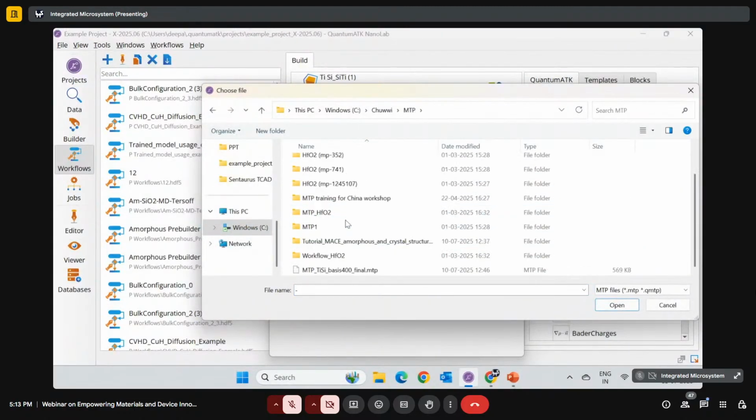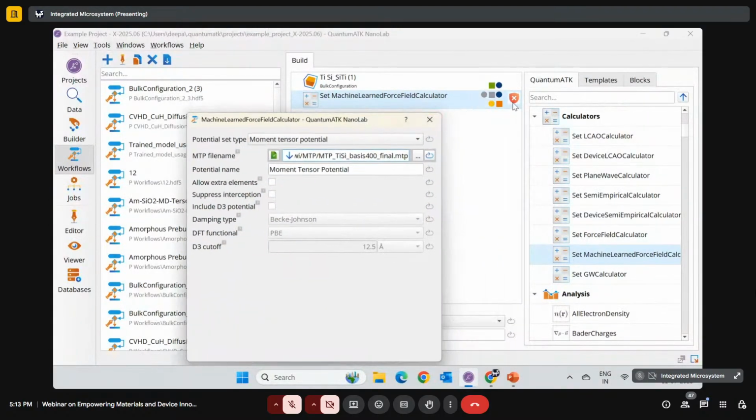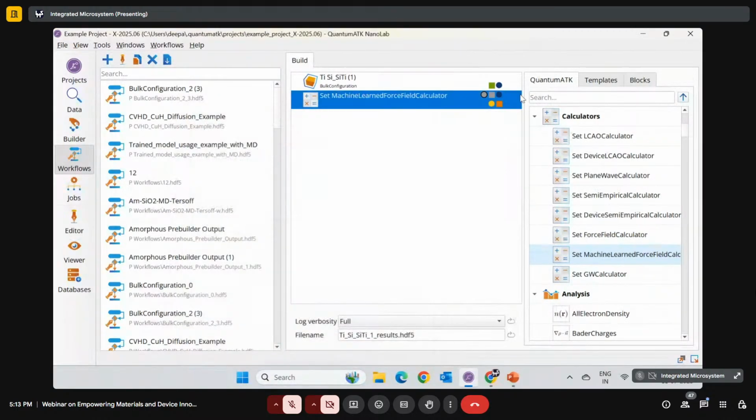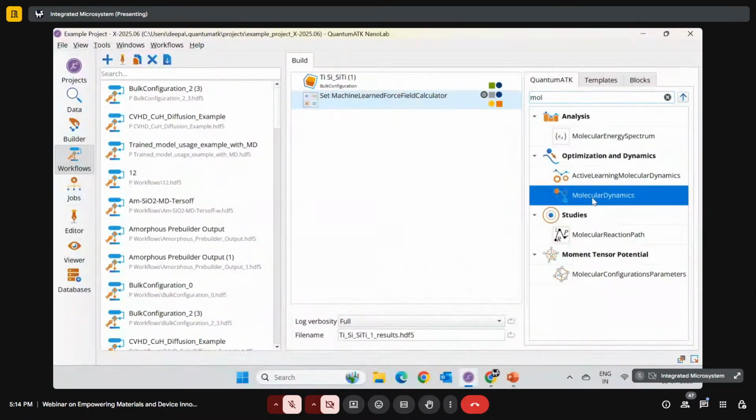This is the location of my project, and here I can see the data has been added, and previously it was showing the error, but once you're done you can see. So this way we can utilize our generated interatomic potential for the further simulation, and then you can go to the analysis part. Like if I take the molecular dynamic simulation, so within a minute it will simulate our desired